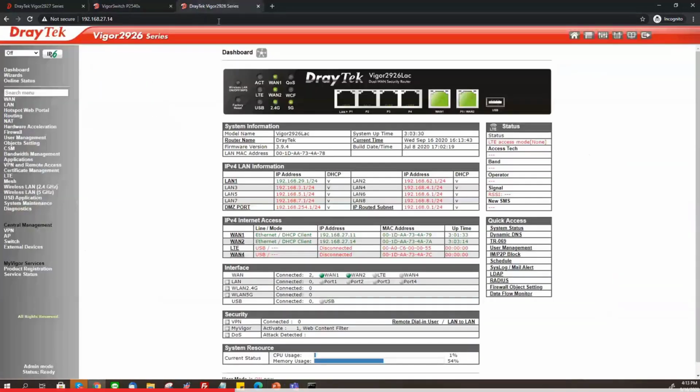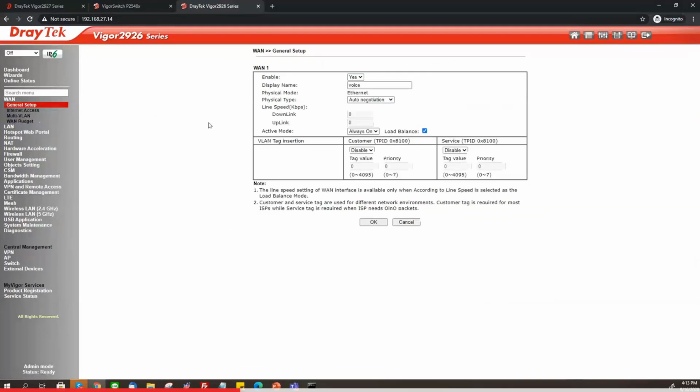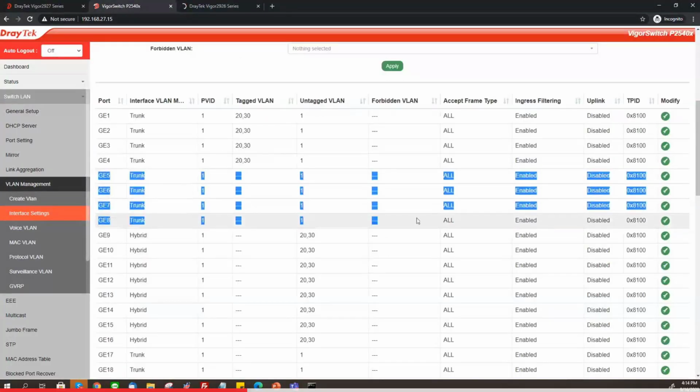Now we're going to configure the Vigor 2926 router to simulate an IP phone with a VLAN tag of 20. In the router, we go to the WAN General Setup menu. We enable the customer tag with a VLAN value of 20. In the switch, ports 5 to 8 are in default trunk settings with VID 1.